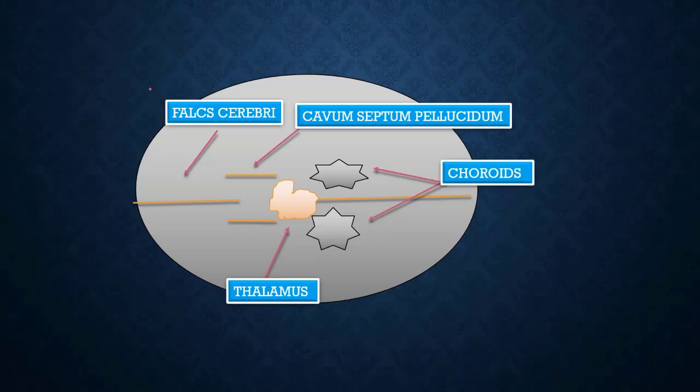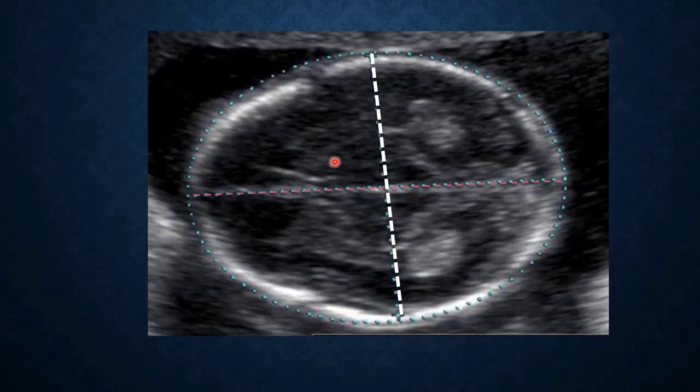In order to calculate the gestational age by using the biparietal diameter, turn the transducer so that the axial image can be viewed. So this is the axial image of the fetal skull, and the axial image includes the thalamus, choroids, falx cerebri and cavum septum pellucidum. So this is cavum septum pellucidum. So these are the landmarks. At least you should know how to visualize the choroids. These are the choroids, thalamus and the falx cerebri. This is the midline. This can be viewed as this.